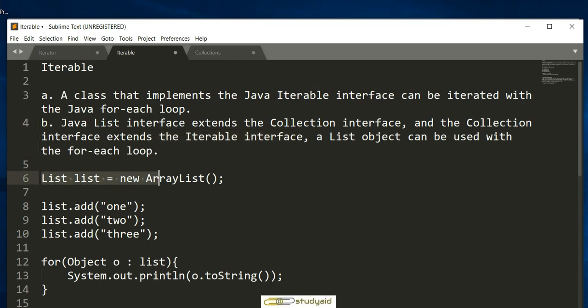So here we have just created a very simple list equals new ArrayList, and we'll be getting to know how to create a list in our later tutorial. But just remember that we have created a collection which is a list right now, and it has 3 strings, 1, 2 and 3, and remember that these strings can be considered as objects. So now what we're doing, we are using the for loop, for object o coming from the list, and then we are printing the